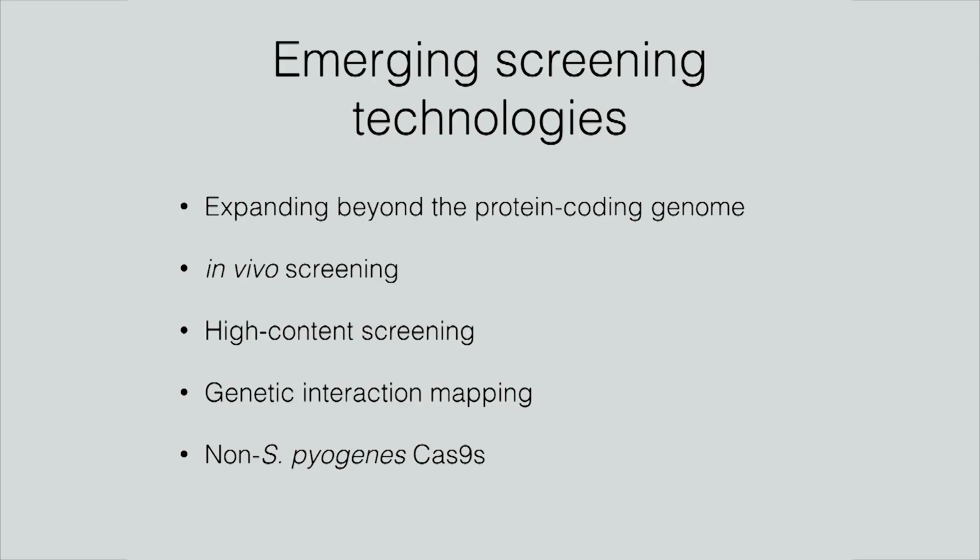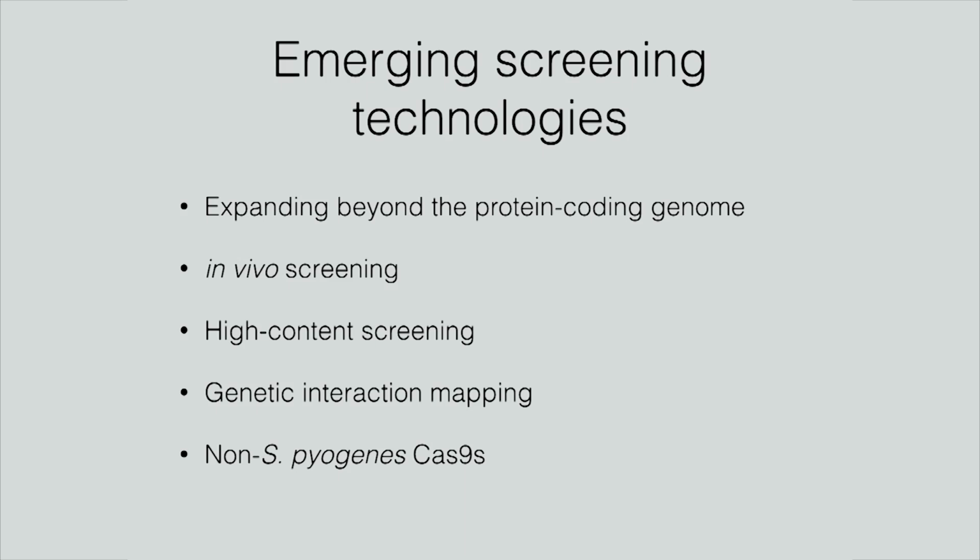and what's going to be coming out in the next few years. So, talk about these first 3 points in a bit more detail. Expanding beyond the protein coding genome, some in vivo screens that have been coming out and that will probably get improved in the next few years. Higher content screening, so rather than just one phenotype, can we in a pooled fashion ideally extract more information out of a genetic perturbation? And then finally, I'm not going to talk more than just the bullet point,